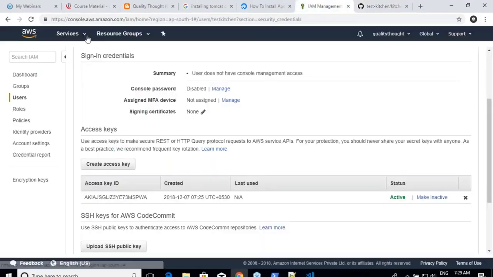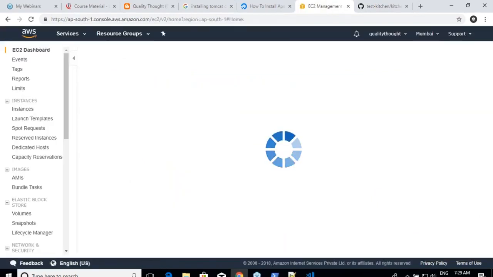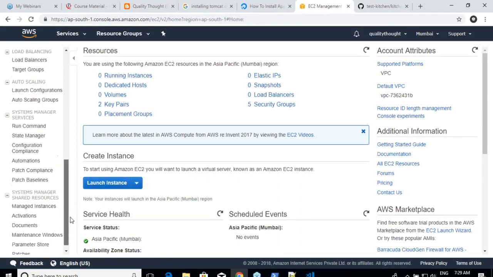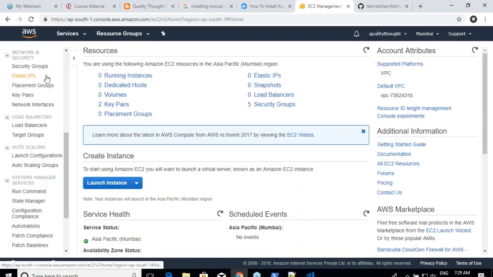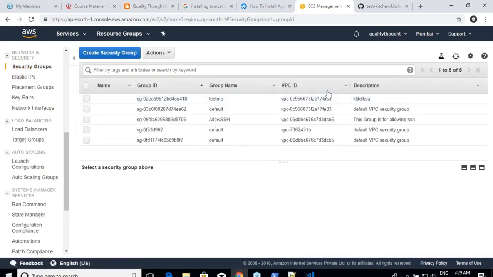So come to the EC2. Where are security groups? Yes. Okay. And there are many security groups over here. I'll be going with the default security group.